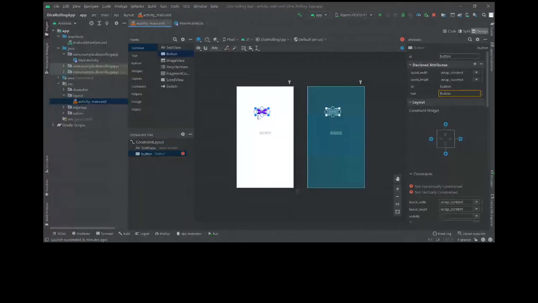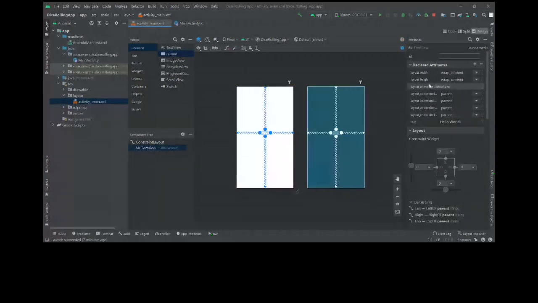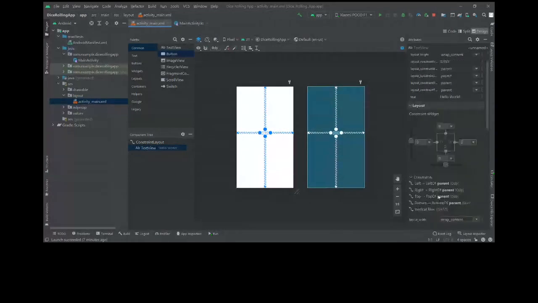What they do is that they define a layout in which the view should be displayed. Like in constraint layout, it says that every view should have a constraint. So for example, if I just delete this, see here. As you can see on the right under layout section, you can see that this view, that is the text view, is constrained to left of parent.